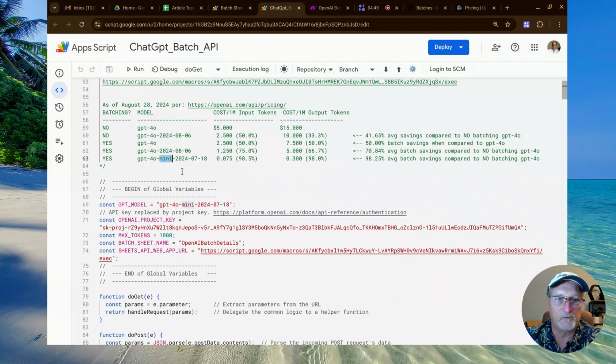However, if you don't want to use the 4 Omni Mini version, you can still use this version to get your 50%